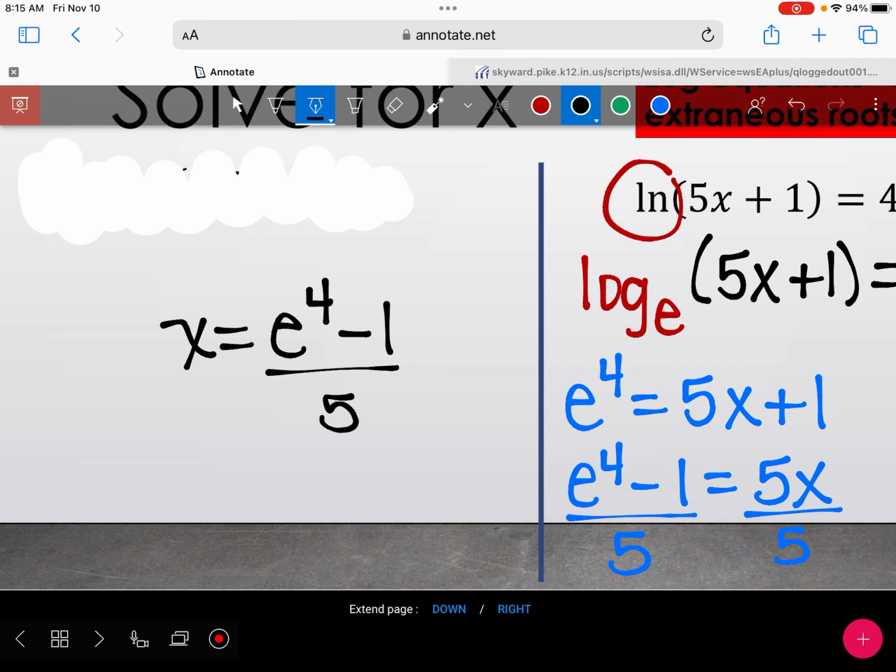That is what we call the exact answer. But I want you to also practice typing this in your calculator. To type an e in your calculator, you have to hit the second function first, which is the green key. When you hit the green key, you hit ln, and you should get an e to the power of 4, arrow out of the exponent, minus 1. And then I usually hit enter and then divide by 5. So the approximate answer